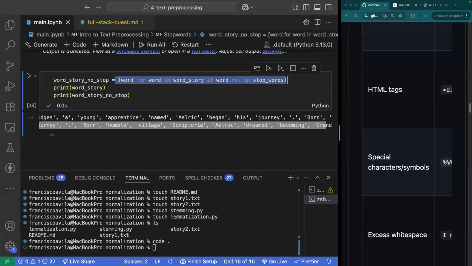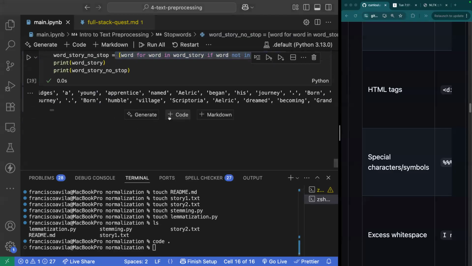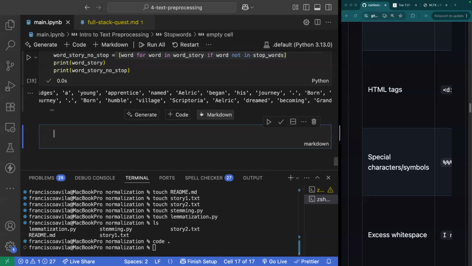All right, does anyone have any questions regarding stop words? Perfect. If no one has any questions, let's start talking about stemming,